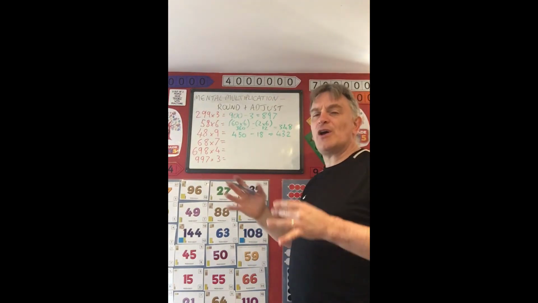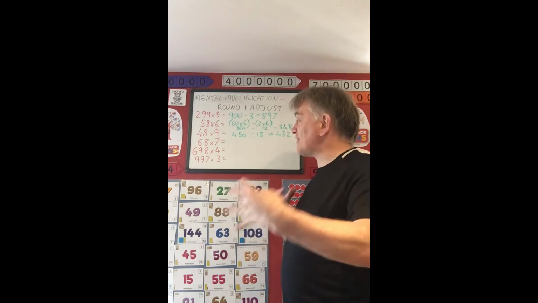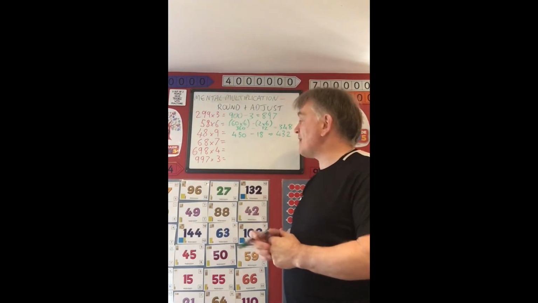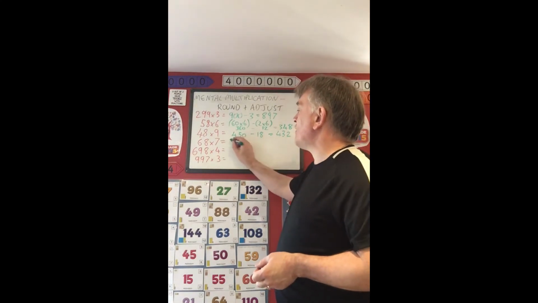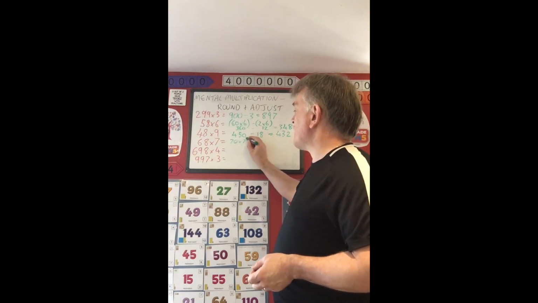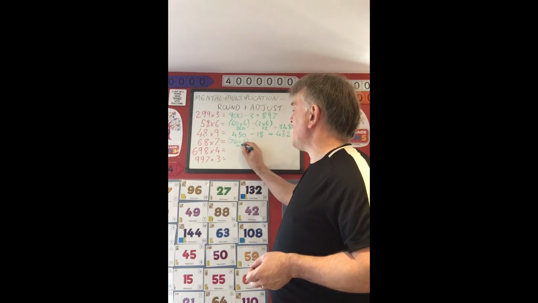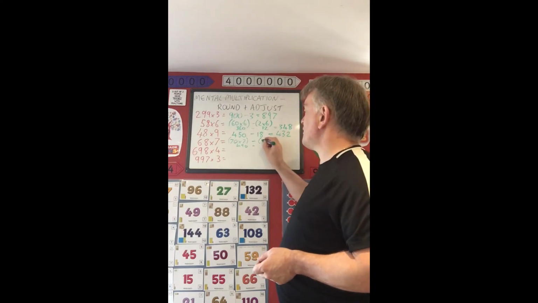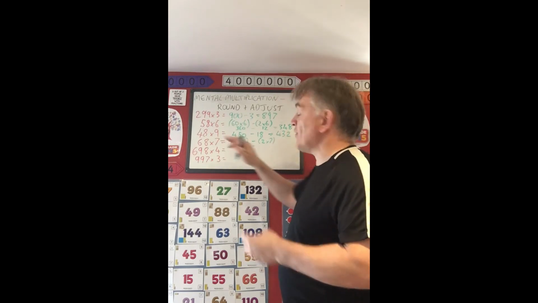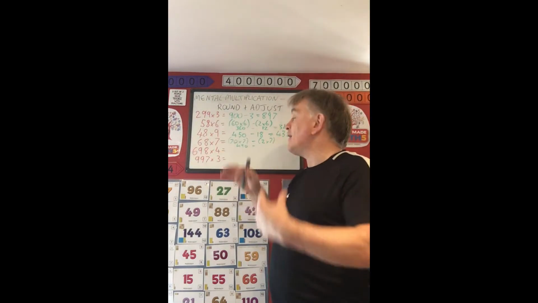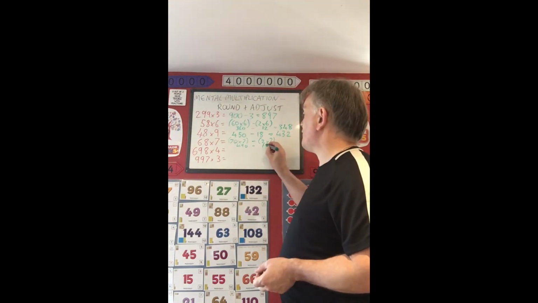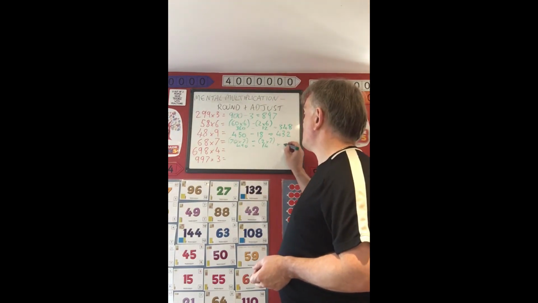Now, this is where, would you use round and adjust? I don't know. 68 multiplied by 7, I think you probably still would. 68 multiplied by 7, or 70 times 7, write down the whole thing. 70 times 7, which is 490. And we're going to subtract 2 times 7, because we don't want 70 repeated 7 times, we want 68, so we want 2 away from that. So subtract 14, and that will give us